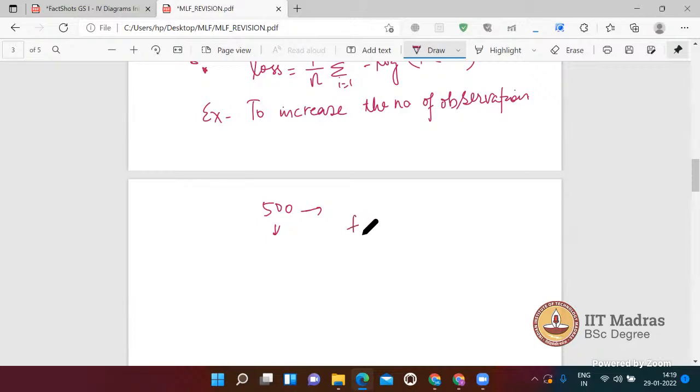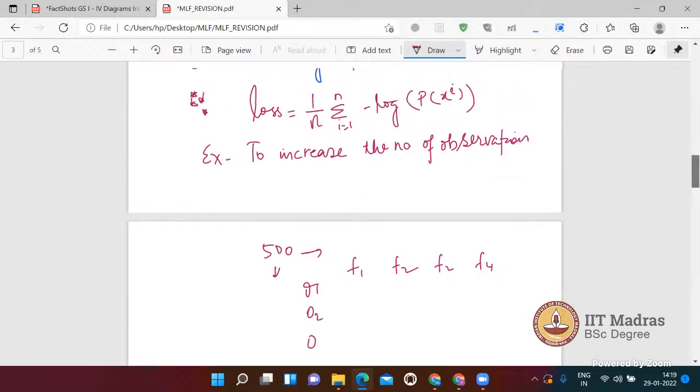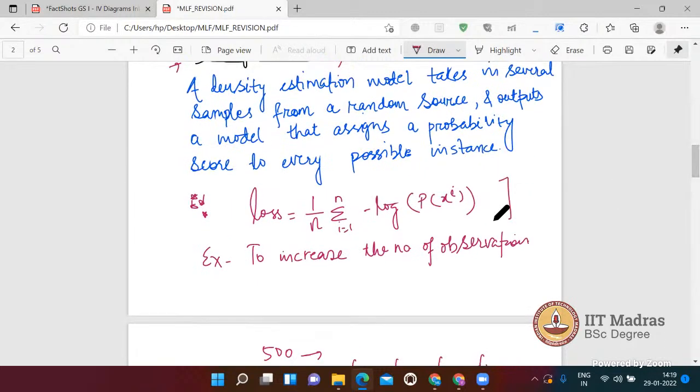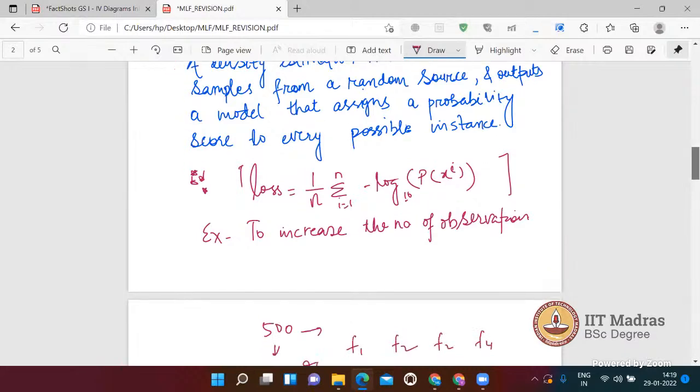Hello, sir. One small question. In this density estimation, the negative log, should the log be in base 10 or natural base? If only log is written, just consider it as base 10. If ln is written, consider that as base e. But if they ask you some question, they'll tell you what the base is. Mostly if it's written ln, that is base e, and if it is written log and they have not given anything regarding the base, then consider it as base 10. Okay.